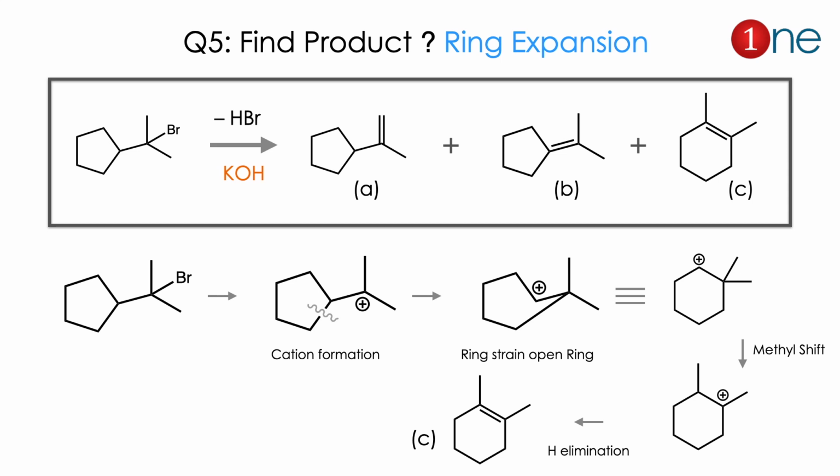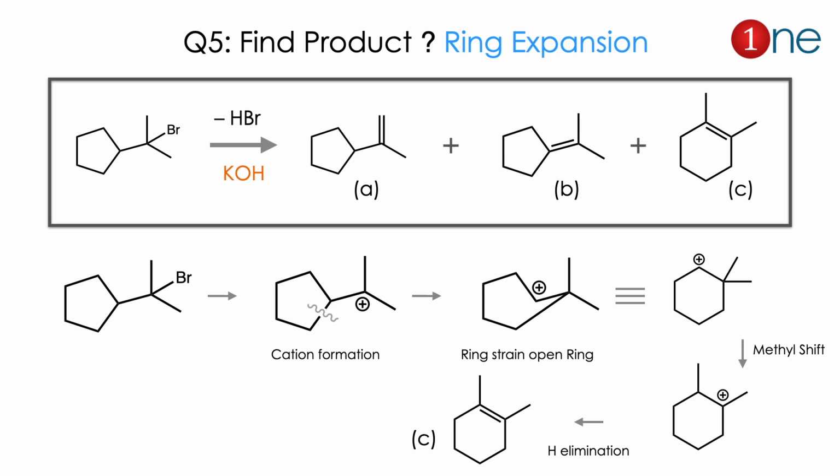Then the ring expansion in the elimination reaction. Here you have the reaction which contains a cyclopropyl alkyl halide. There are 3 products possible here, which are A, B and C. A means elimination of a primary hydrogen, B means elimination of a secondary hydrogen, C means ring expansion. So the choices between A, B, C will be there. Which one will be favored here?